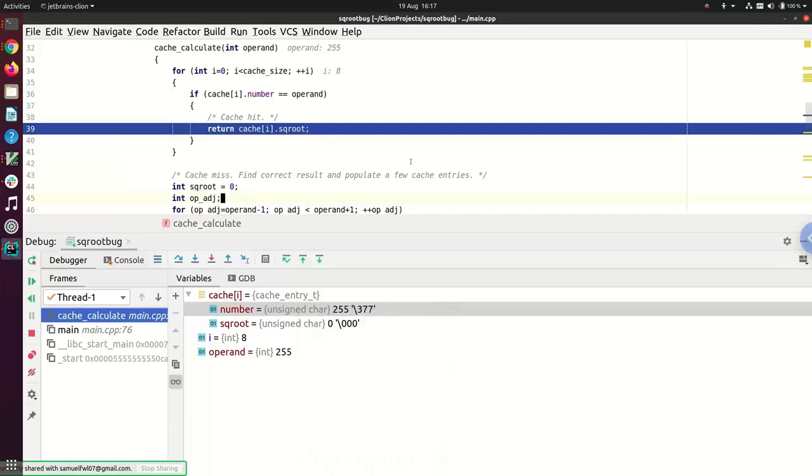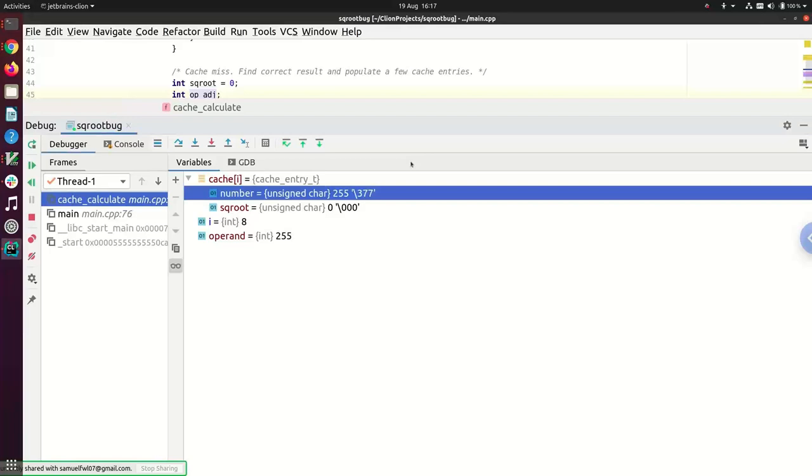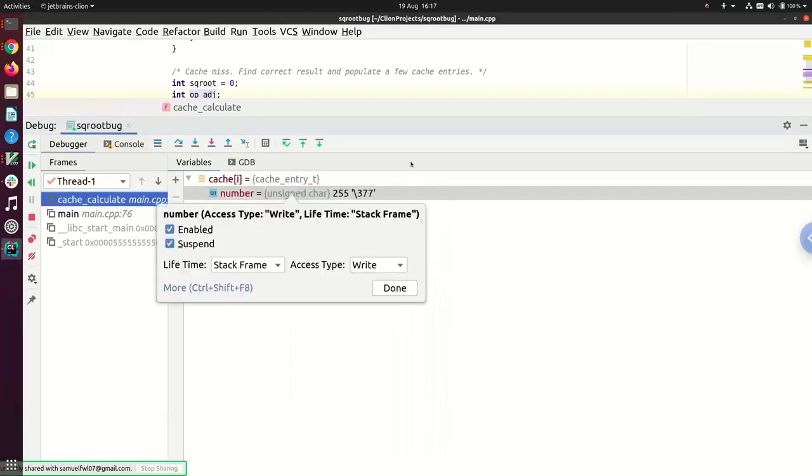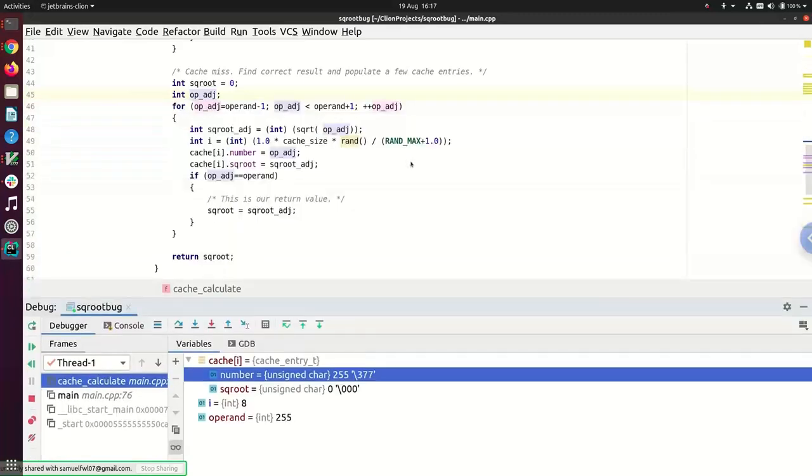I've got this in present mode, so it's nice and big, but it means I don't have enough pixels on my screen. So, add a watch point. This is sometimes called a data breakpoint, right? I'm going to add that there, put this back where we were so we can see. So I put a watch point on this data here.